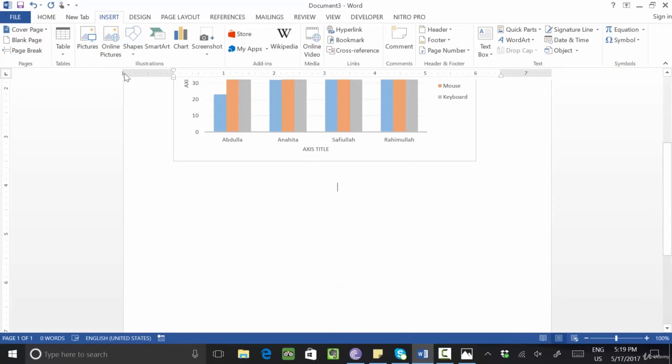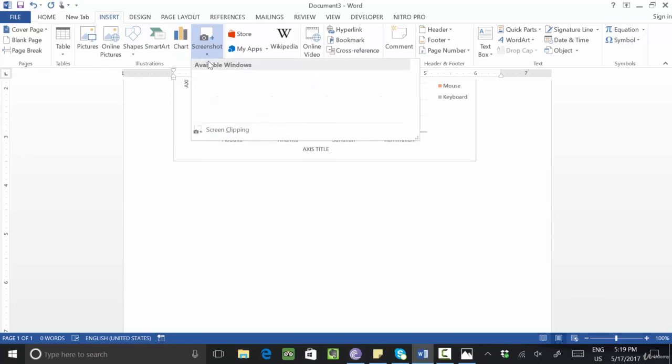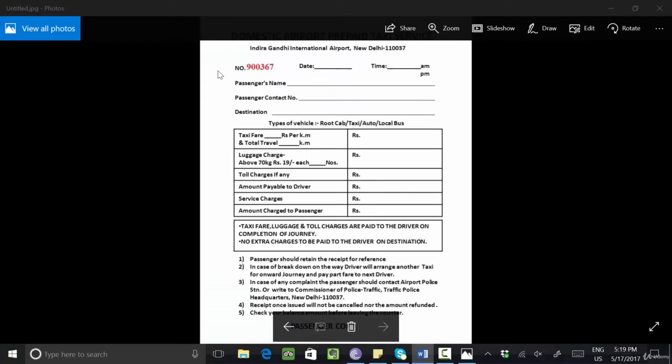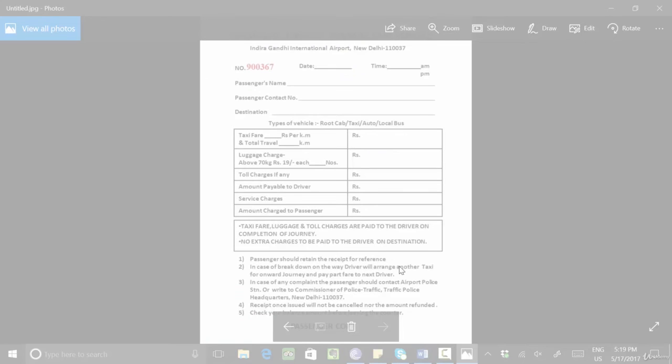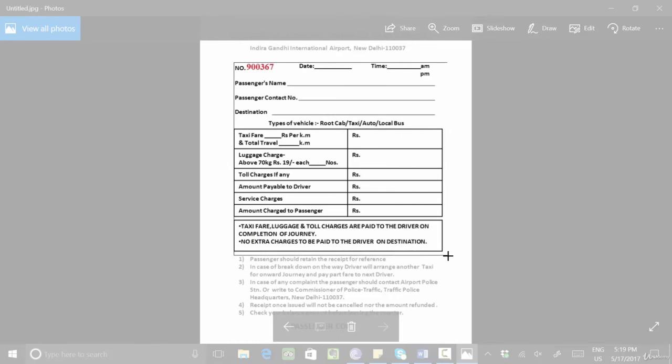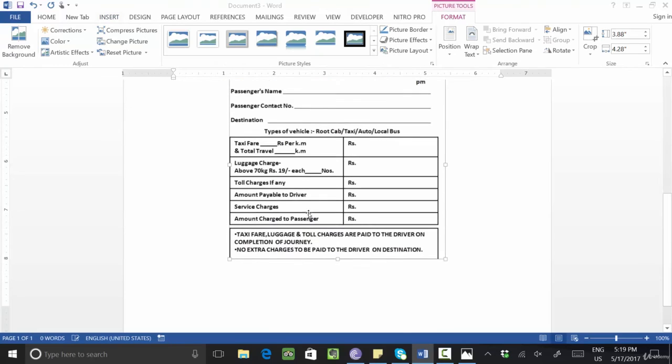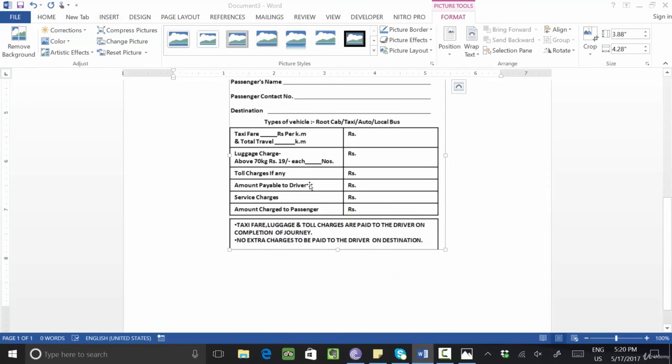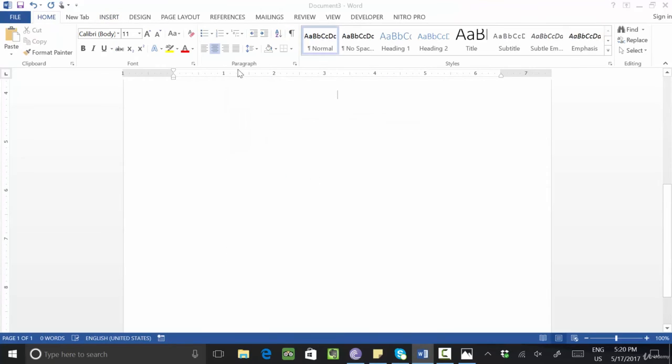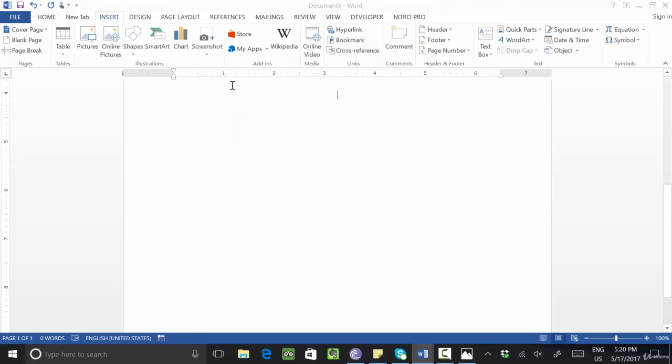So go to my Word, go to Screenshot and select Screen Clipping. So I will clip this area. I want to cut this area as a screenshot. This came or not? Okay. In this way you can take a screenshot in your system. It is clear? Any doubt you have in this?